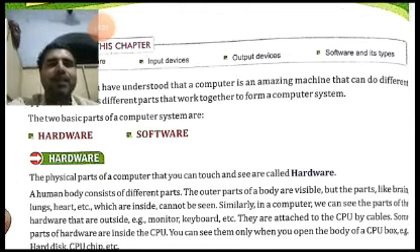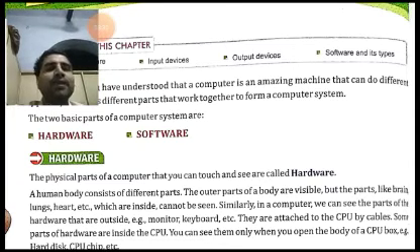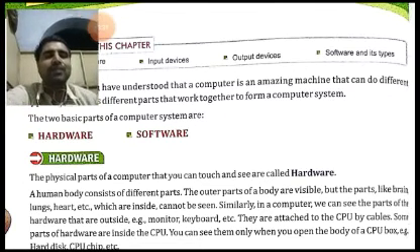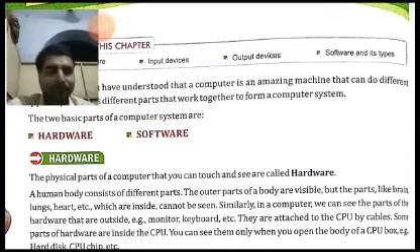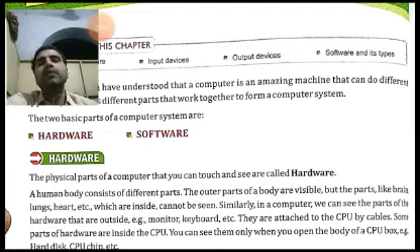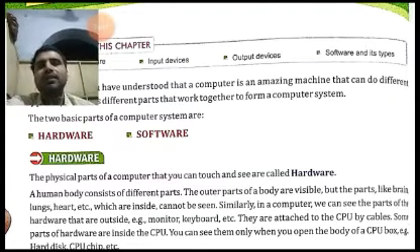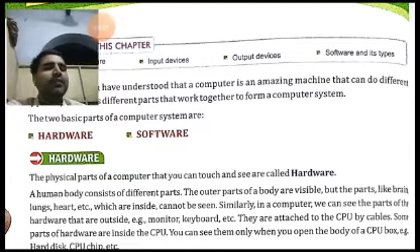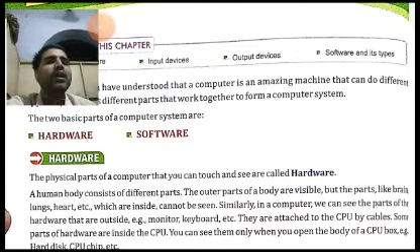What parts of hardware can we see? Those parts of hardware which are outside, for example the monitor, the keyboard, the mouse, are some examples of the hardware which are outside, and these can be seen very easily. They are attached to the CPU by cables. Although in today's world, wireless keyboards and mouses are also very popular. Today people are also using wireless keyboards and mouses, but generally from the previous time we have been using keyboards and mouses which were wired, attached to the CPU with the help of cables.